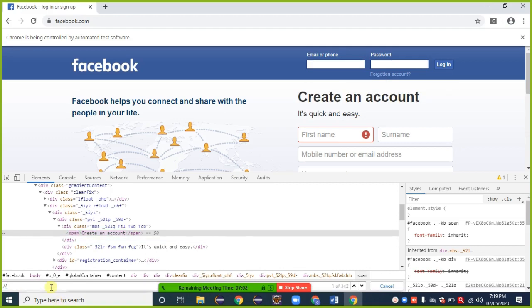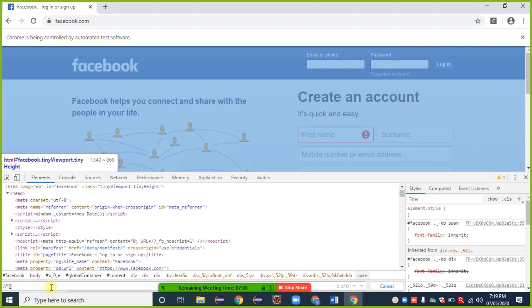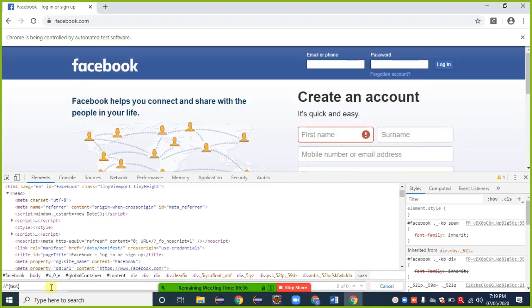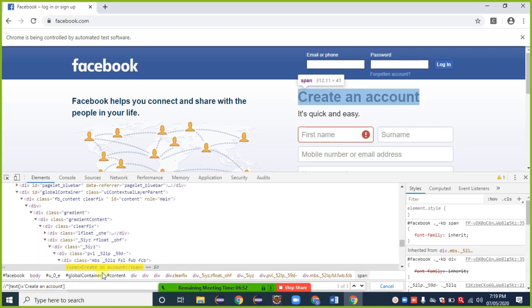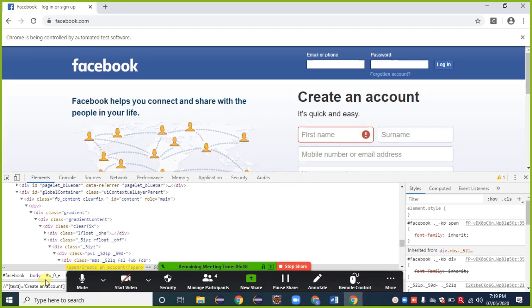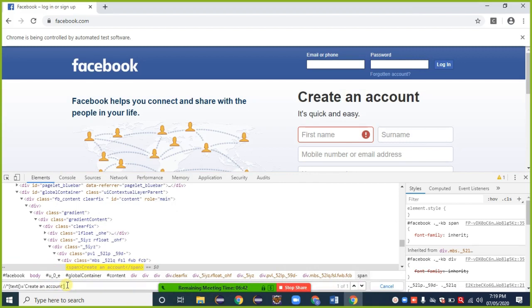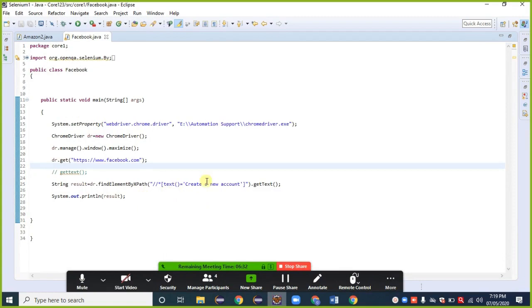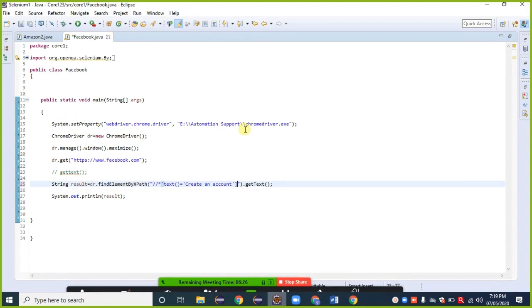I'm showing you why we get the error. I put text(), equal to, single quote, Ctrl+V. One of one. Ctrl+C, paste inside the code, Ctrl+V, Ctrl+S, and exit.